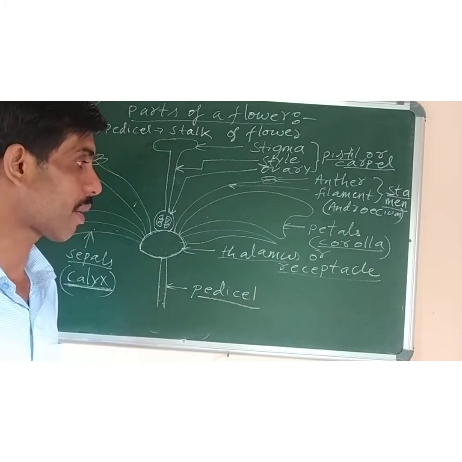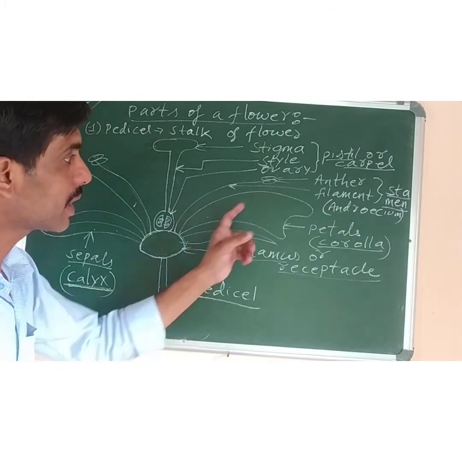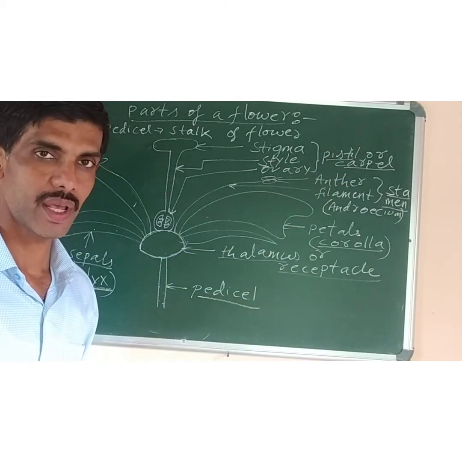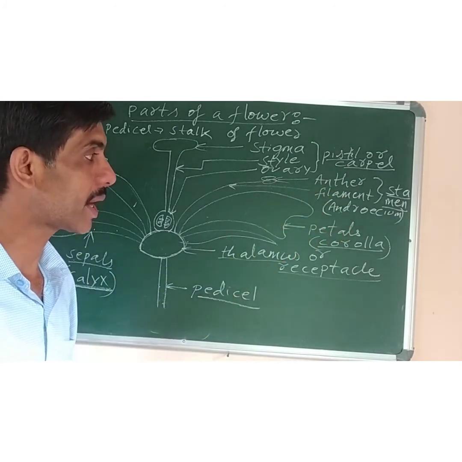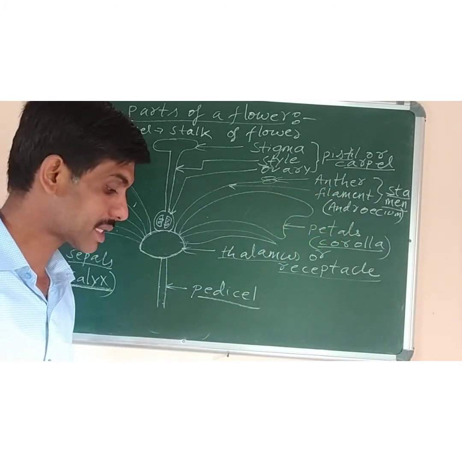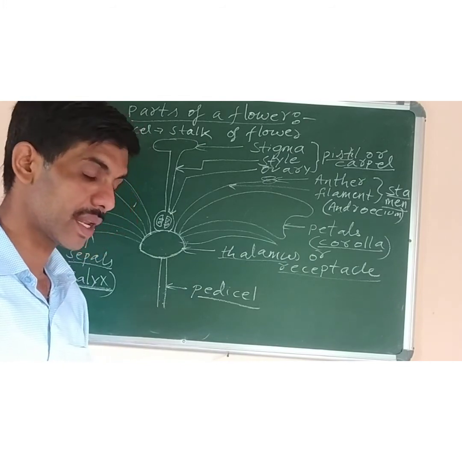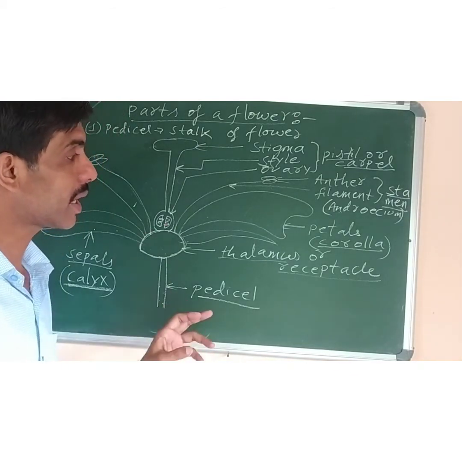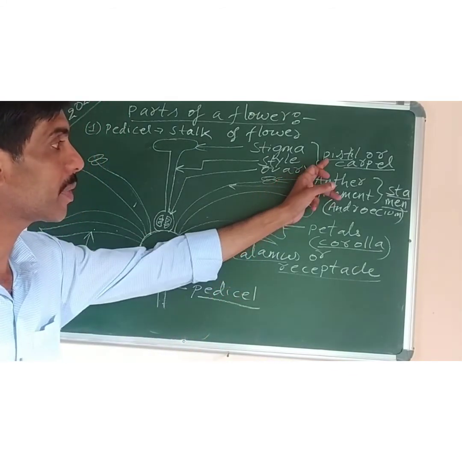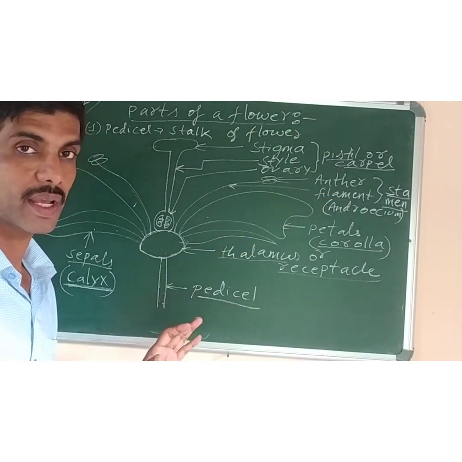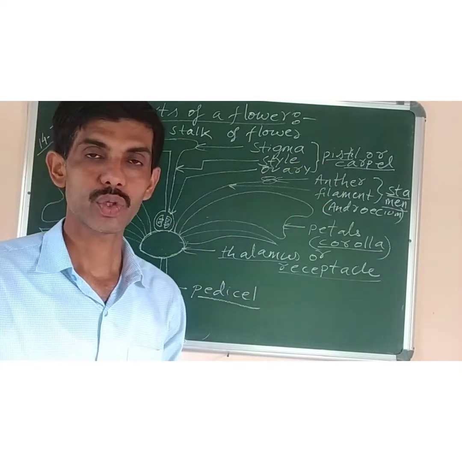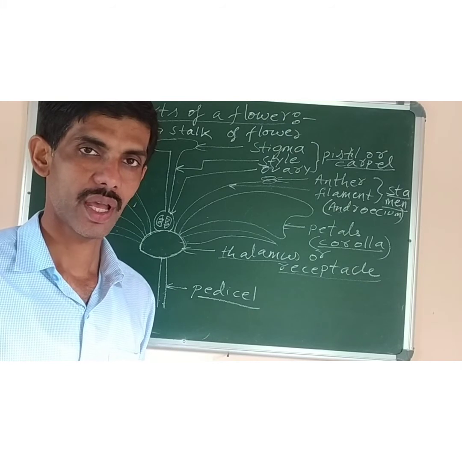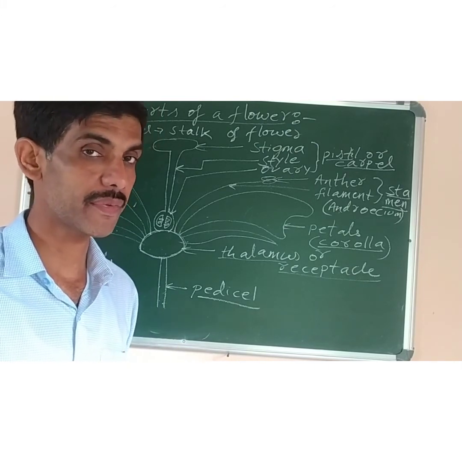Then comes unisexual flower. A flower in which either the male part, that is the stamen, or the female part is present is called a unisexual flower. If a flower has only the male part, that is the stamen, such flowers are called staminate flowers. Example is luffa, the same one which I said in Hindi, taroi flowers. Similarly, if the flower contains only the female part, that is the pistil, not the male part, such flowers are called pistillate flowers. So both staminate and pistillate are two types of unisexual flowers, and for both we can give the example luffa.